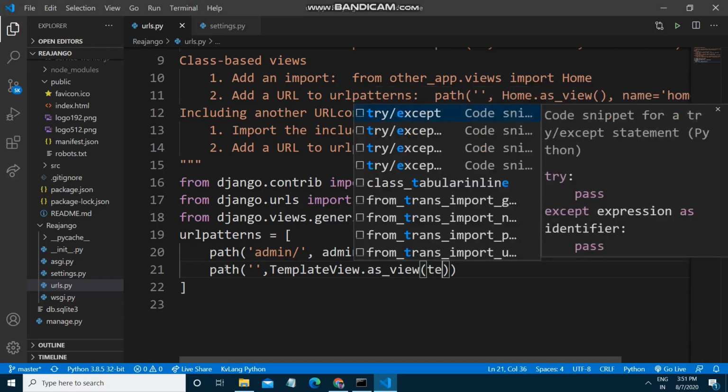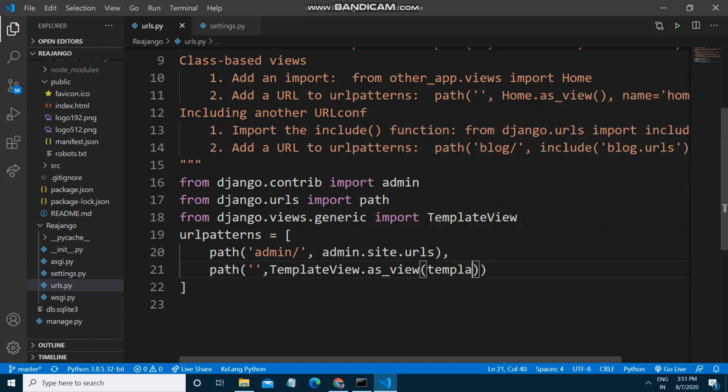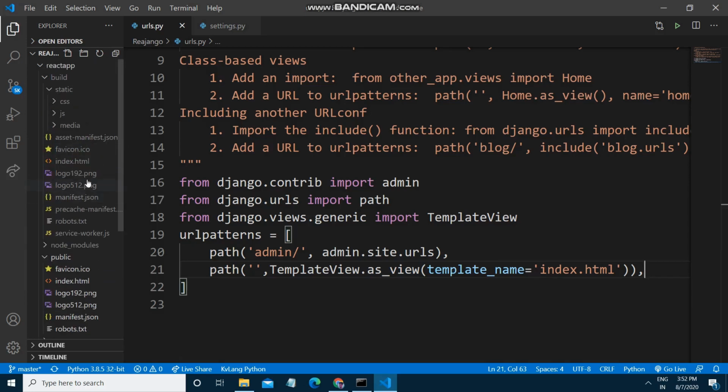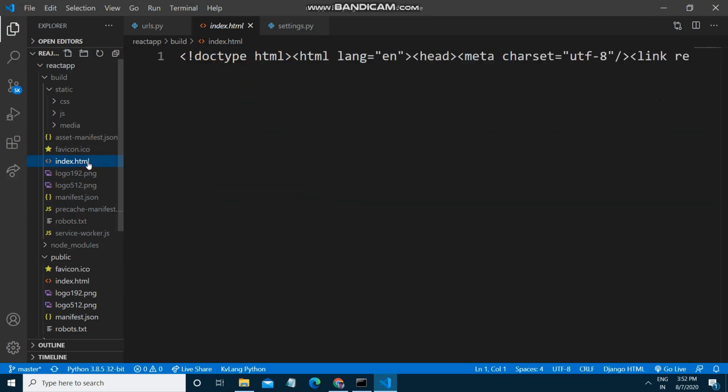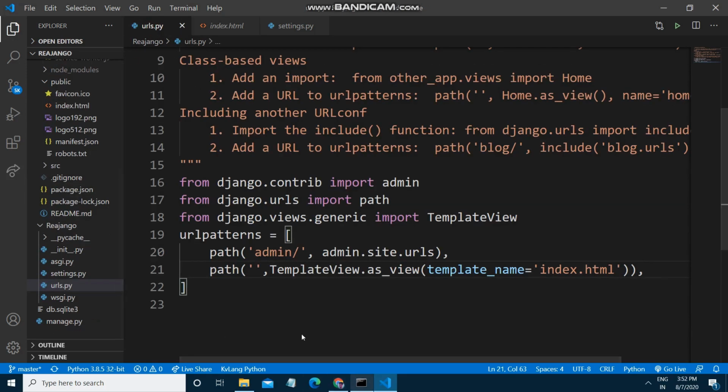So I will write template_name will be index.html, because we have provided the template path, so we just need to provide the file name here. Let's check that index.html is correct or not. I think it should be fine.